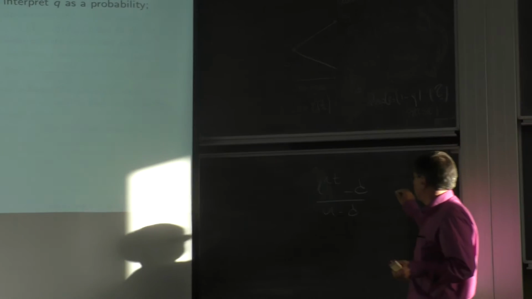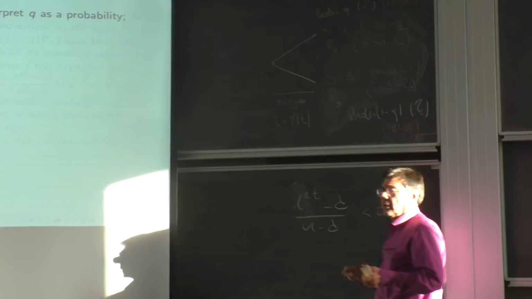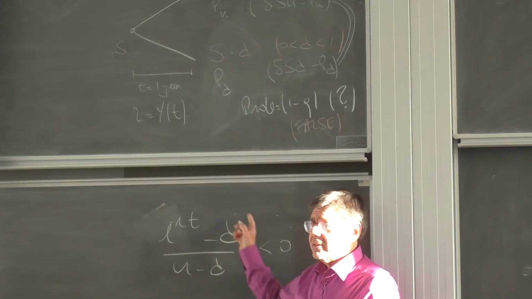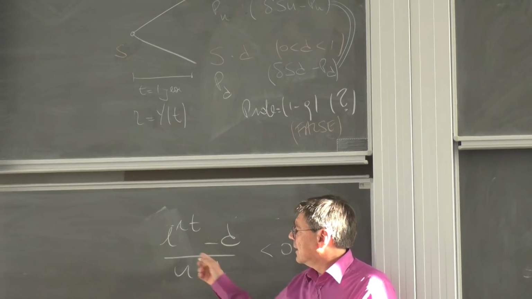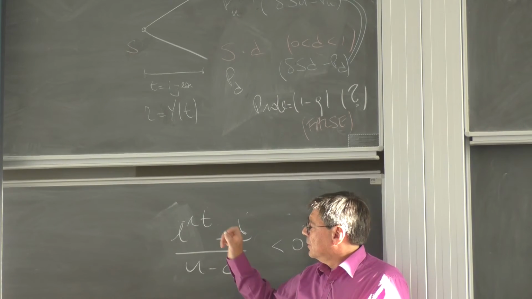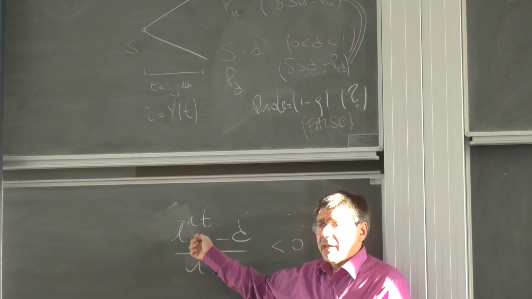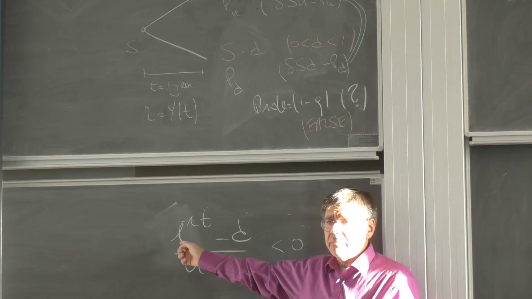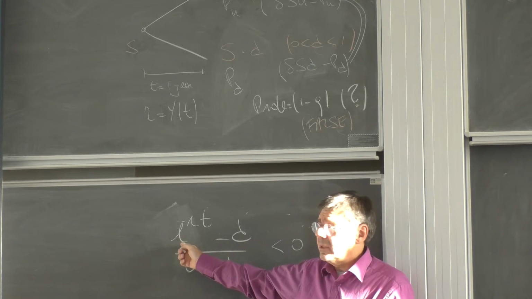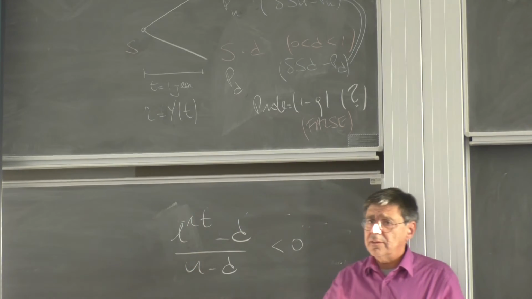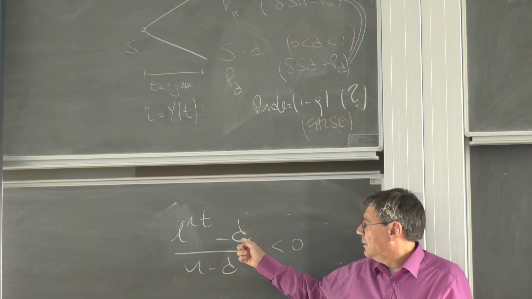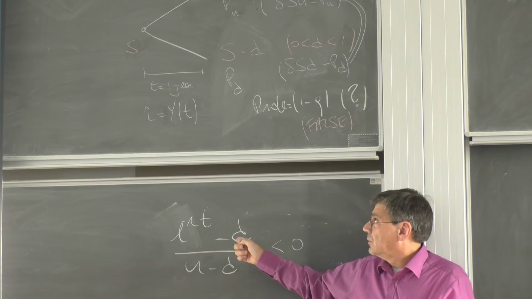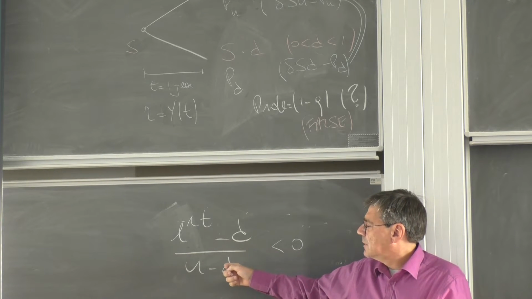Suppose that it's less than 0. If it's less than 0, what is this saying? They're saying the denominator here is 0. And what is this telling us? It is telling us, suppose you compare what happens if you put your money in a completely safe savings account, then after t years you multiply your deposit by this number, or you invest in this underlying asset, in which case after a year you're going to get your deposit, your investment times d, or your investment times u.